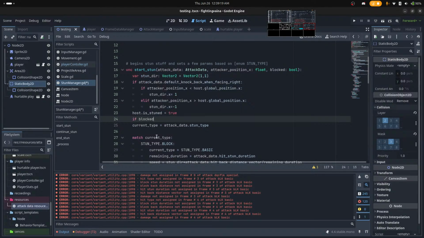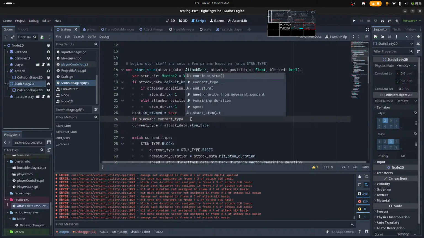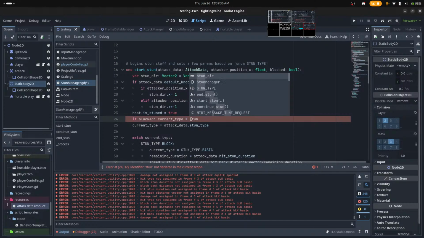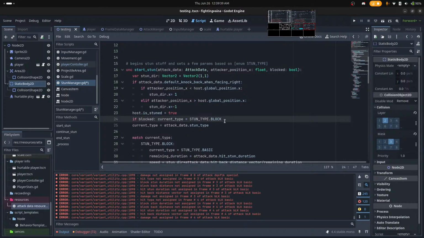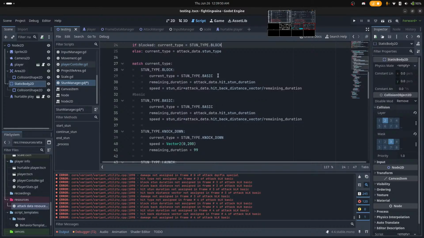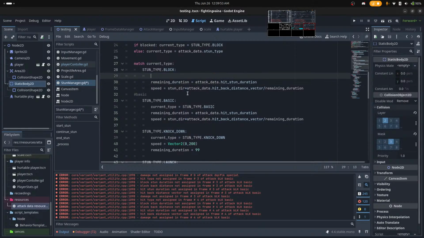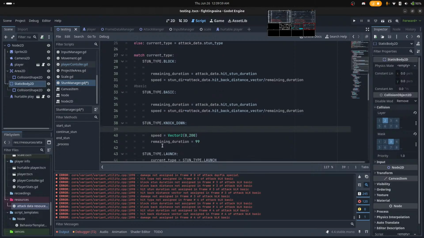If blocked, current type equals stun type dot block. Else current type equals stun type. And then these lines in the start.